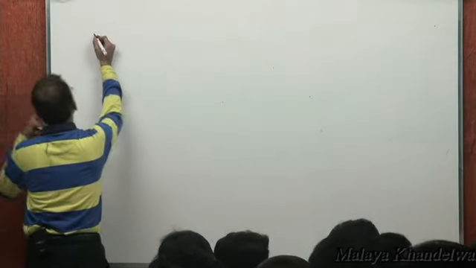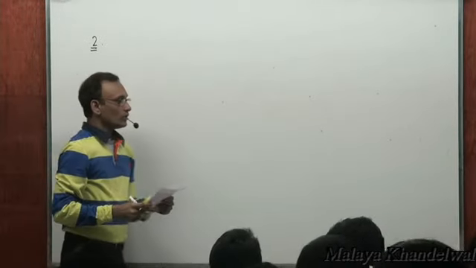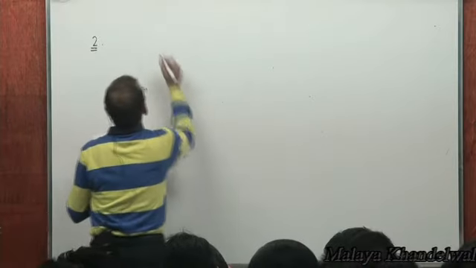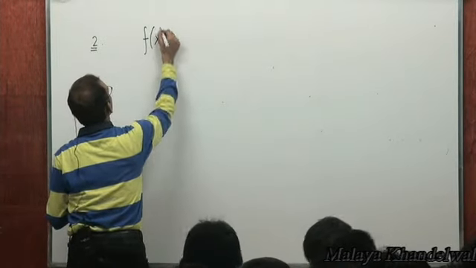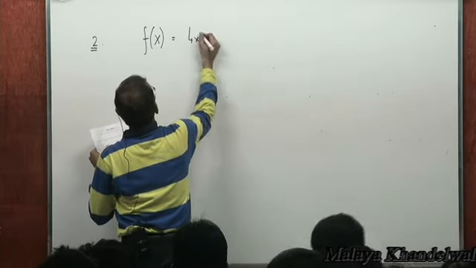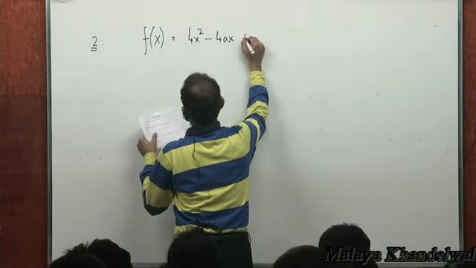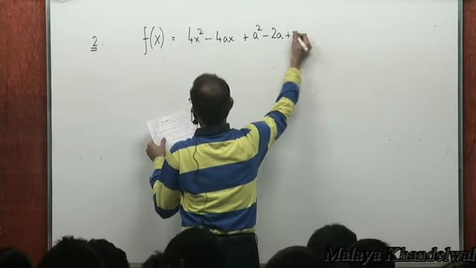Problem 2. Find all values of the parameter a for which the quadratic trinomial f(x), which is 4x squared minus 4ax plus a squared minus 2a plus 2,